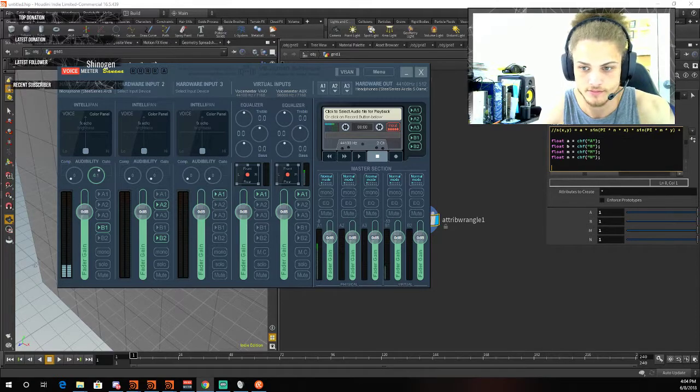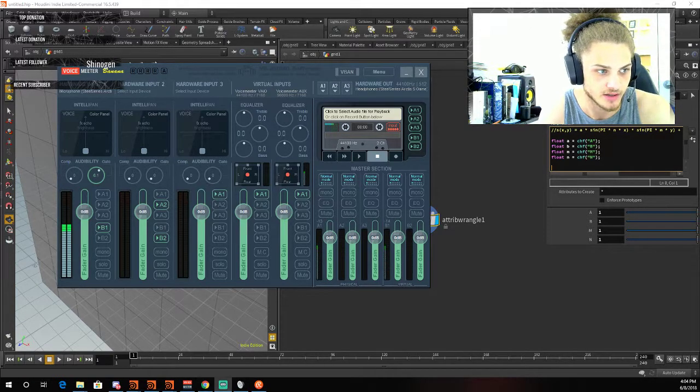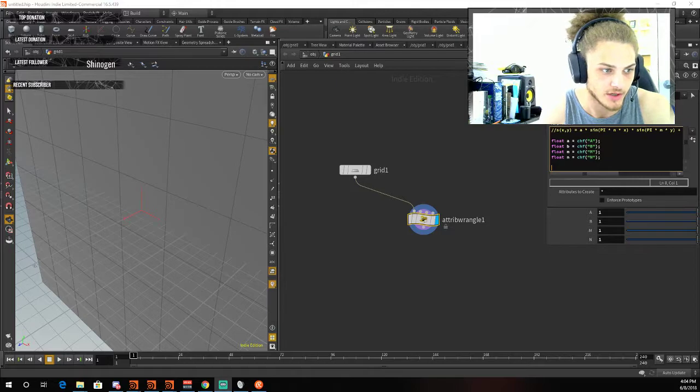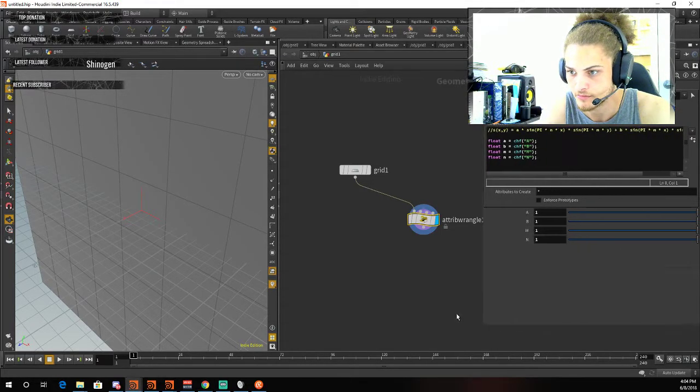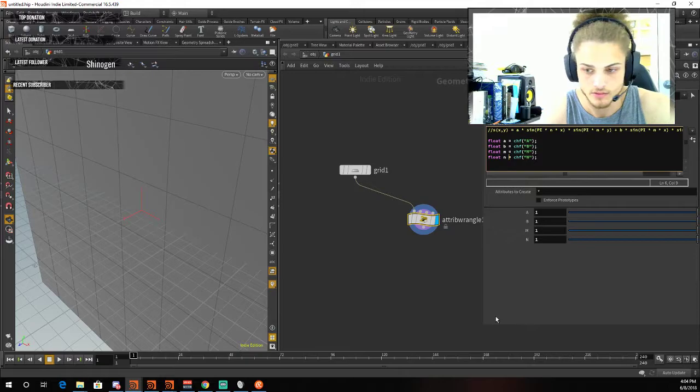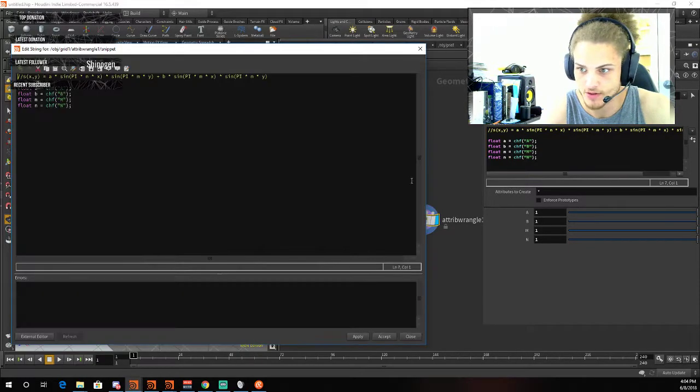Equals 2, and then I will just take this ginormous formula, copy it, paste it here, and add a semicolon. Let's highlight this point here. Okay, what's going on here? Let's fix this. When we hover over this error message, we can see the tooltip saying that we referenced an undefined variable. Of course, we didn't expose our point positions x or y, so let's take care of that by going